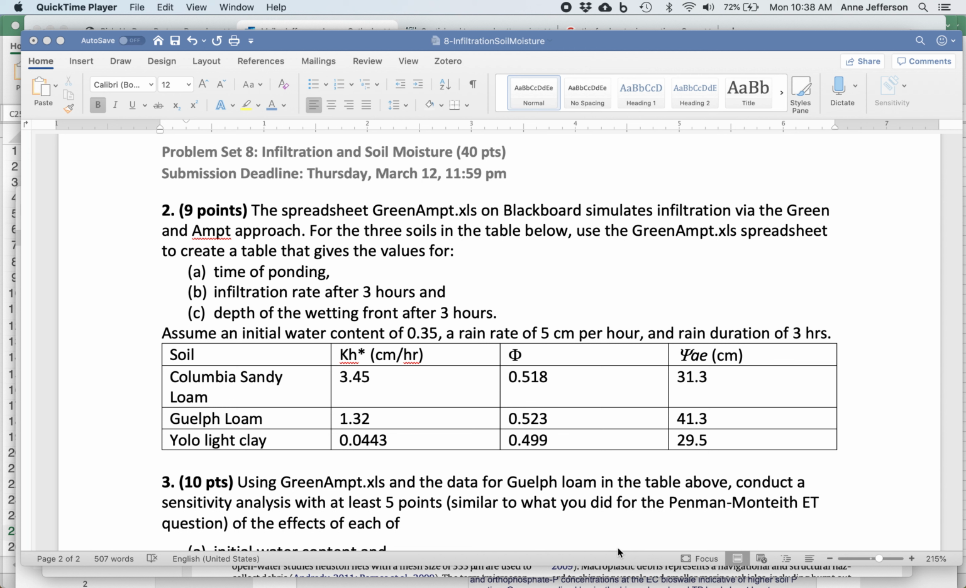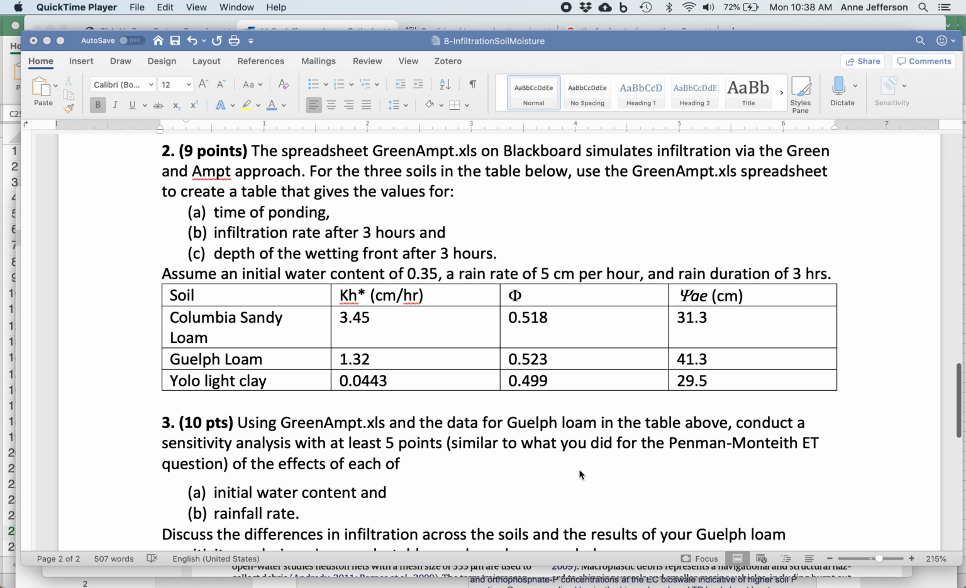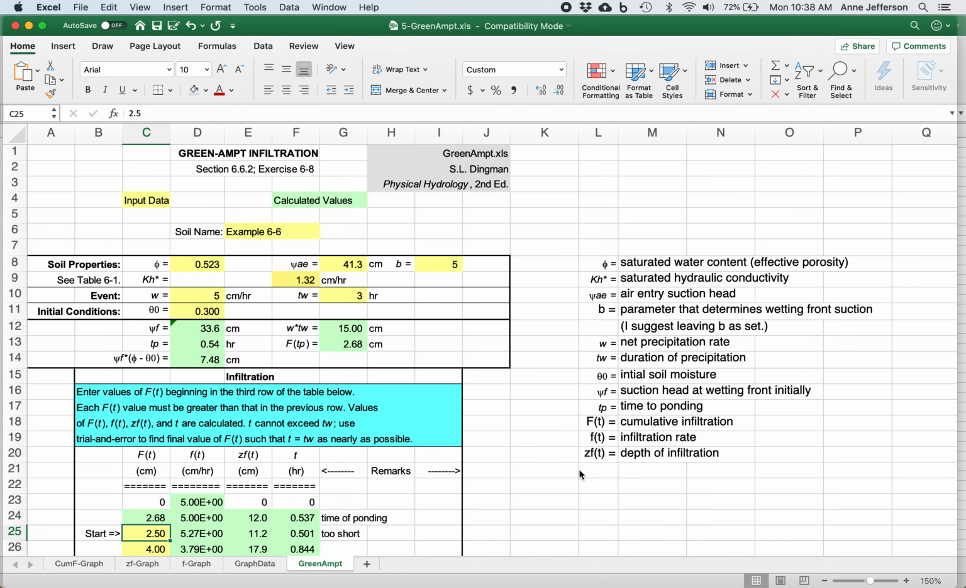You can do that by exploring the sensitivity of these properties in an Excel spreadsheet similar to what we did with the Penman-Monteith equation. So I'm going to show you how that works. This is relevant for questions 2 and 3 in the homework assignment this week. So let me go over now to the Green-Ampt Excel sheet. So just like last week, you're going to put input data in on the yellow cells